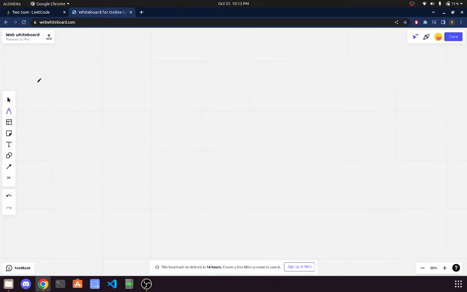So again, let me draw out the array. So we have 2, 7, 11, 15. And the target key is 9. So we're gonna do something similar here, but how we're gonna do this in O of n is that